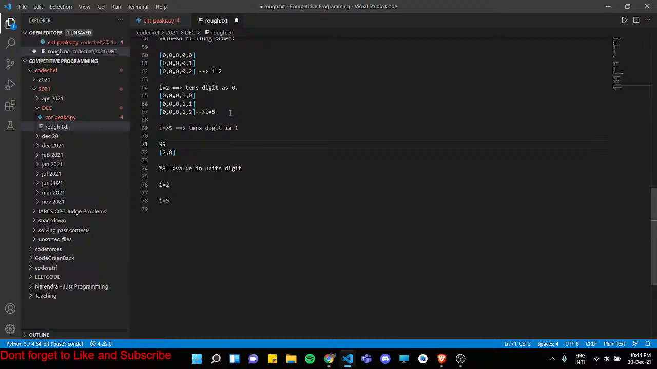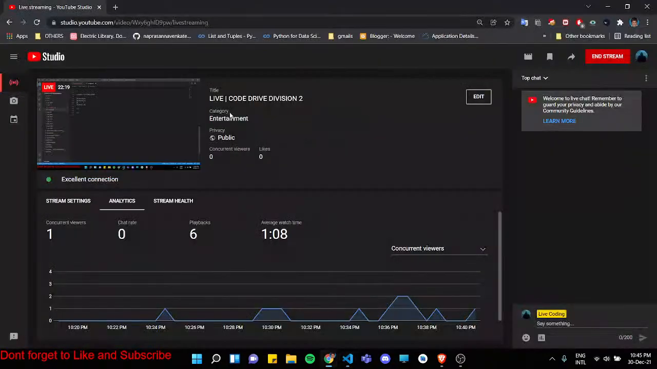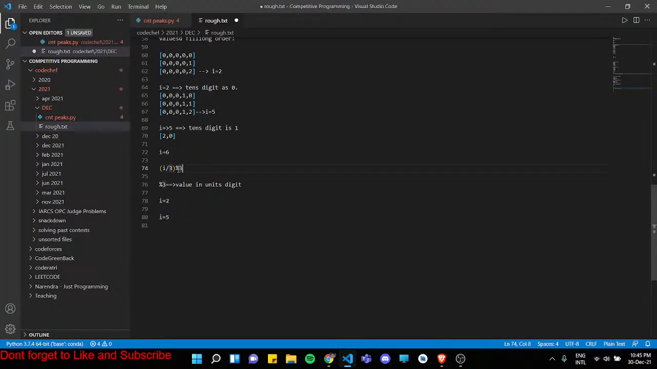So let us say 99 is the value, or i is equal to 6. If i is equal to 6, we do %3, and then we get that 0. So we need to divide it by 3, and then percentage by 0. Okay, so i divided by 3, percentage 3. First this part, and then that. So this will give us the tens place